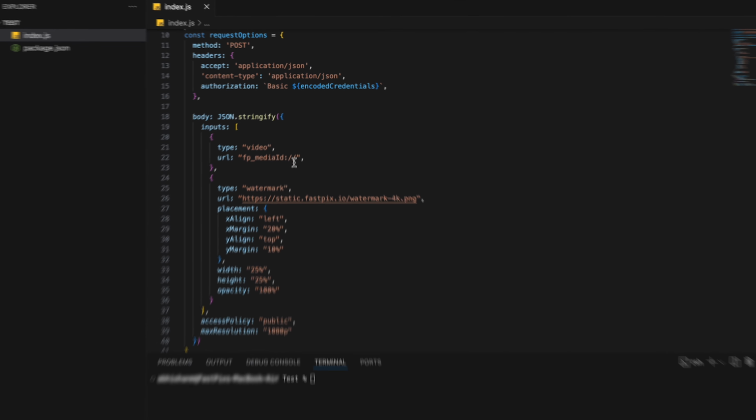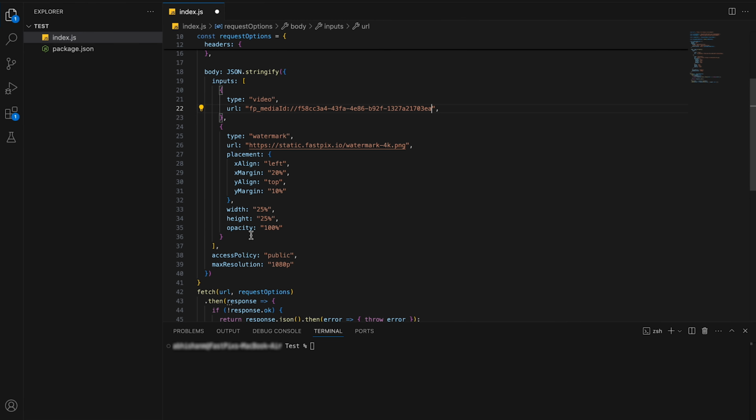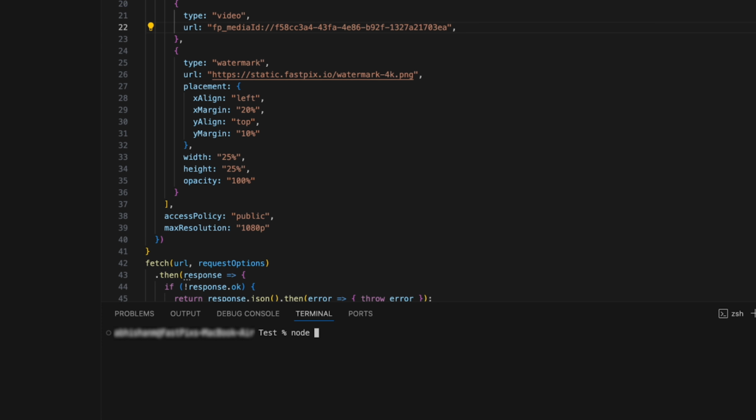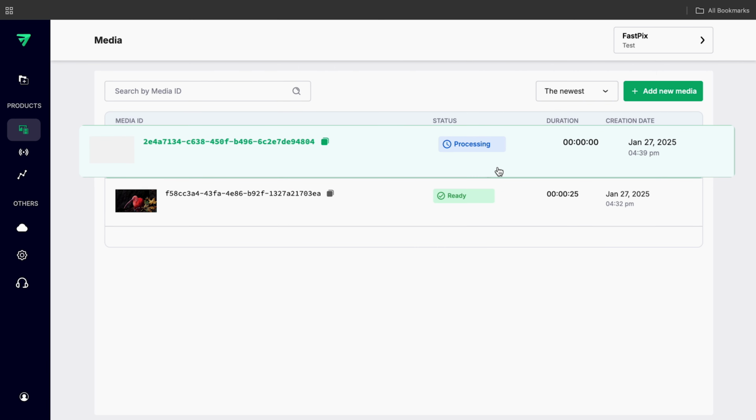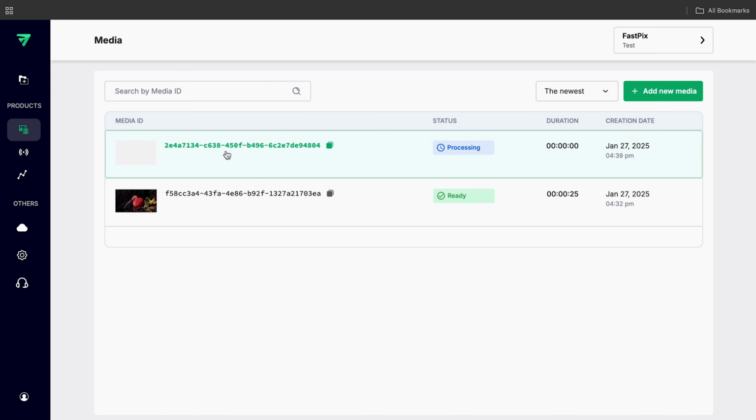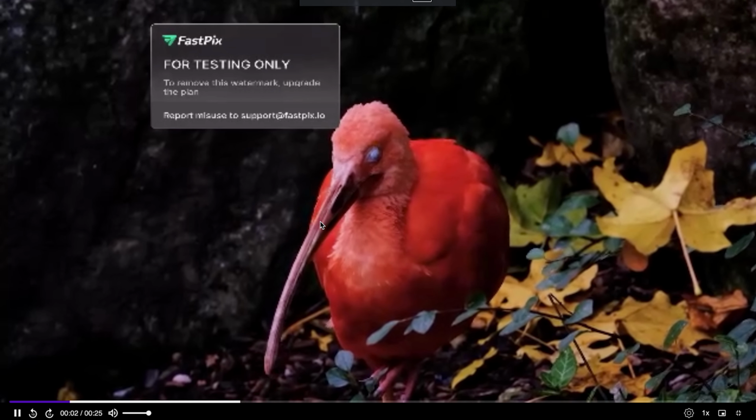In the input configuration, instead of using a video URL, use the existing media ID in this exact format and send out the post request to the FastPix API. Now, head back to your media dashboard and you would see a new media is created. Once the media status shows ready, you can instantly start the video playback and see the watermark added to your